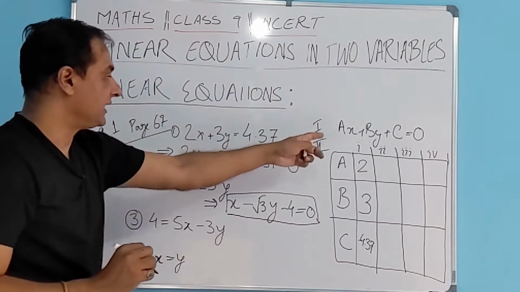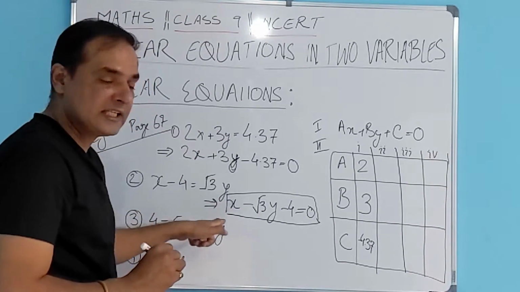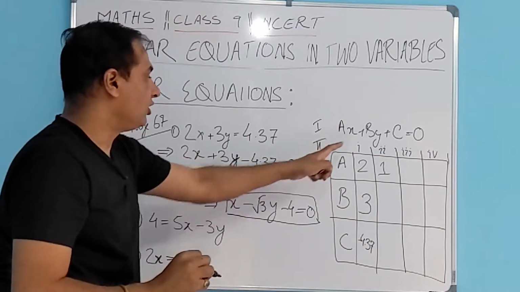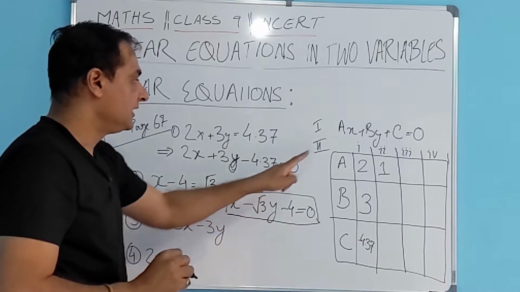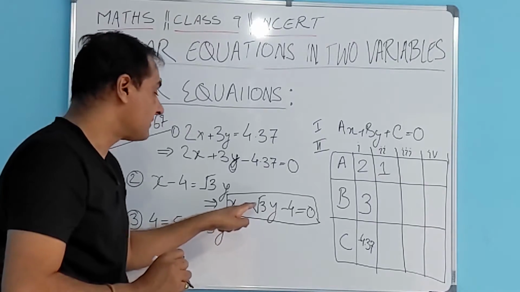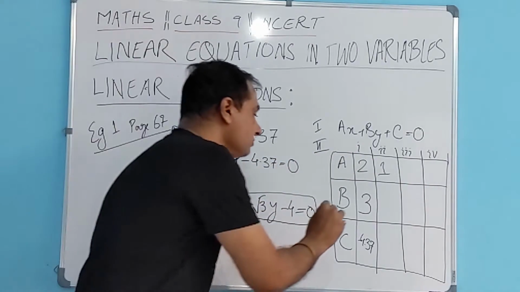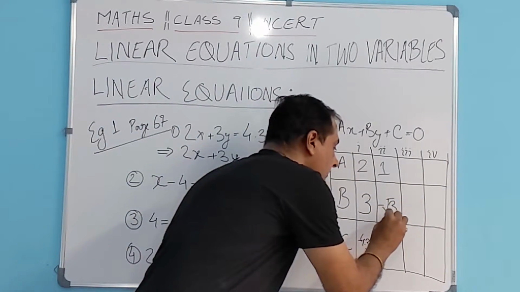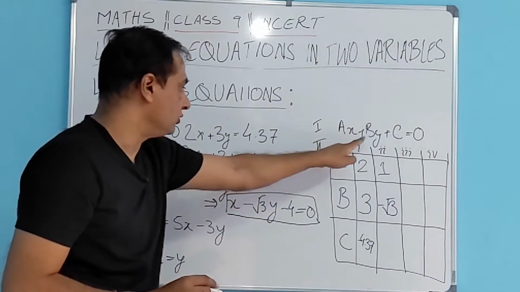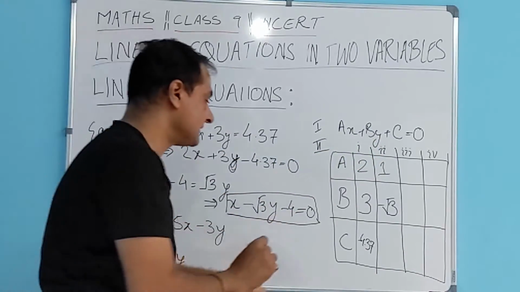Now if we look at ax plus by plus c, value of a is 1. So there is nothing written over here, which implies it is 1. Value of a is 1. Value of b, if you look at, it is plus b. So minus root 3, I'm sorry. So b equals to minus root 3 here. So for question number 2, because we are now on question number 2, value of a is 1, value of b is minus root 3, and value of c is minus 4.